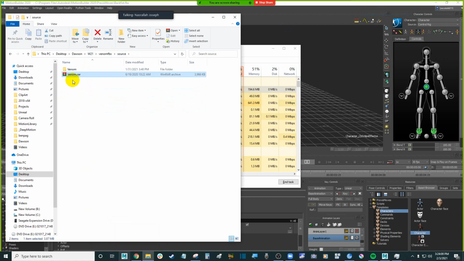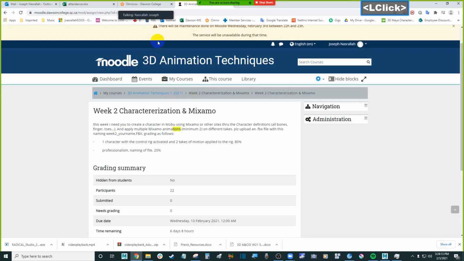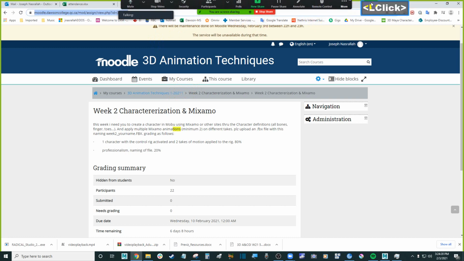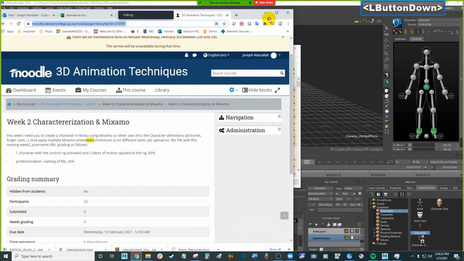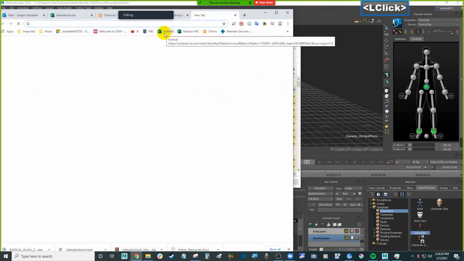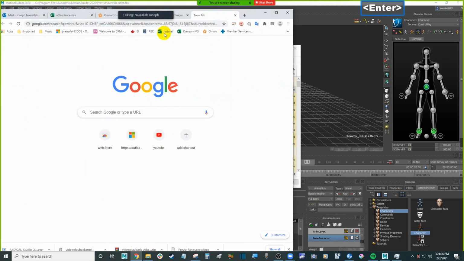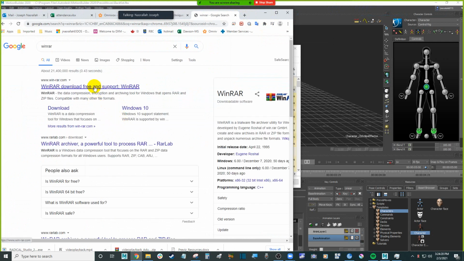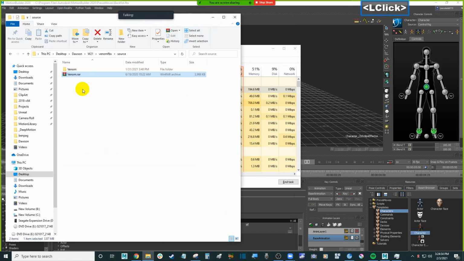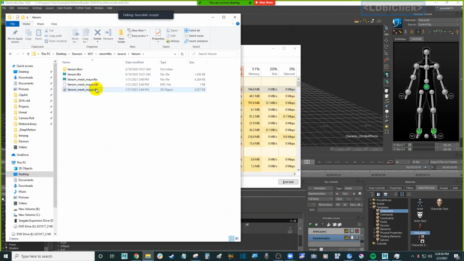If you find a .rar file, just download WinRAR. It's like WinZip. Some people use it, it's freeware. It's open source. So just download it and open it. So inside the Venom folder, there's